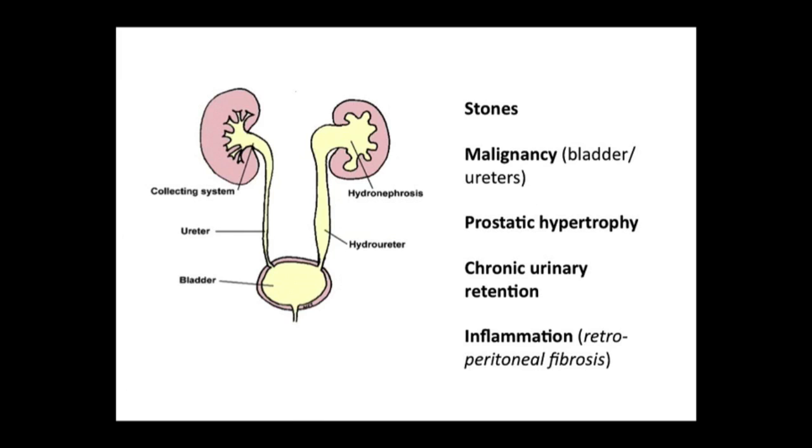Chronic urinary retention, perhaps because of neurological disease, problems with the bladder. And then this last complicated one, retroperitoneal fibrosis, which is just basically where there's a lot of fibrosis in the space behind where the ureters lie, and it causes sort of tethering of the ureters to that space, and they can't fulfill their function of drainage normally. But basically, any problem that happens after the kidneys can lead to back pressure, which can stop the kidneys